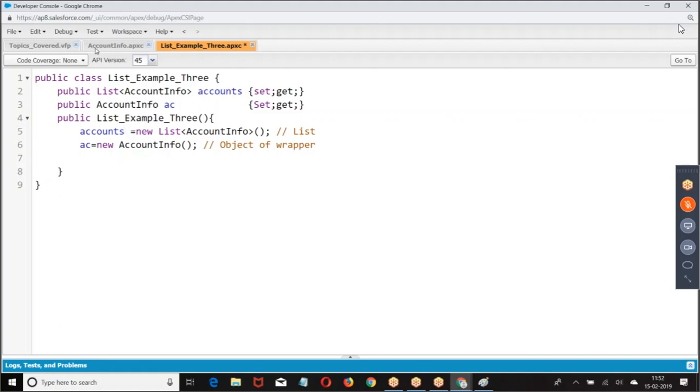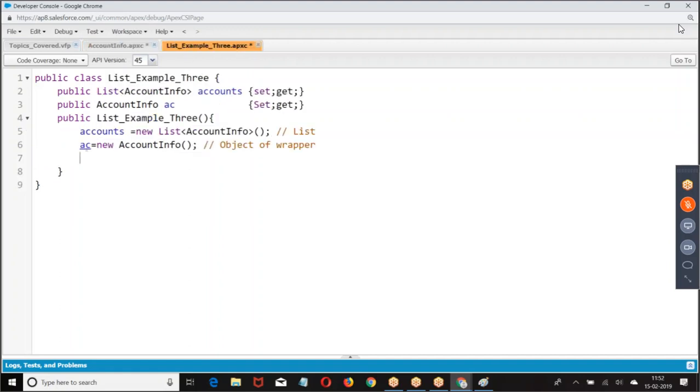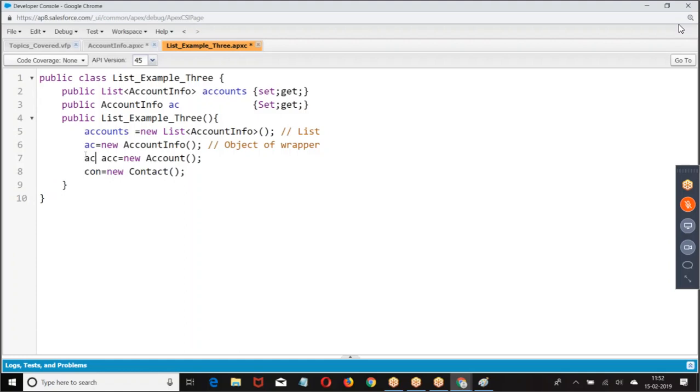Are you clear about this example? So now I am interested to assign this. Here. So you given AC dot. So people who have query on this, still anyone has a query on this? Line number 7 and 8, let me know. Am I clear with that? Till the line number 6, last two examples we have done the same. Line number 5 and 6 we have done the same.